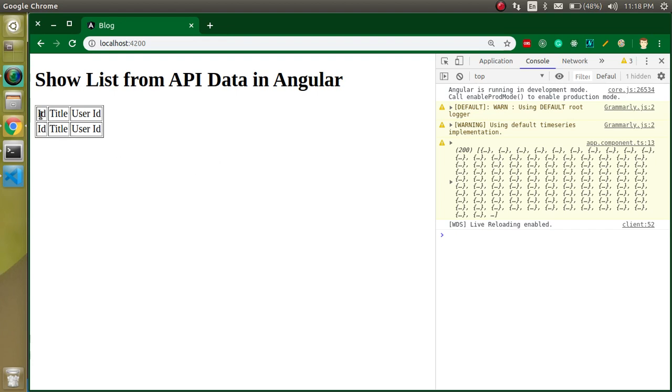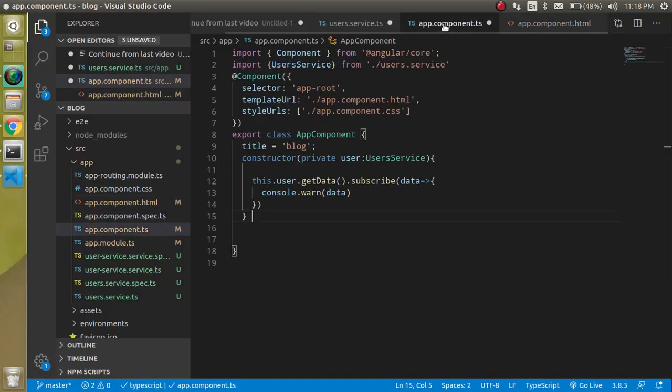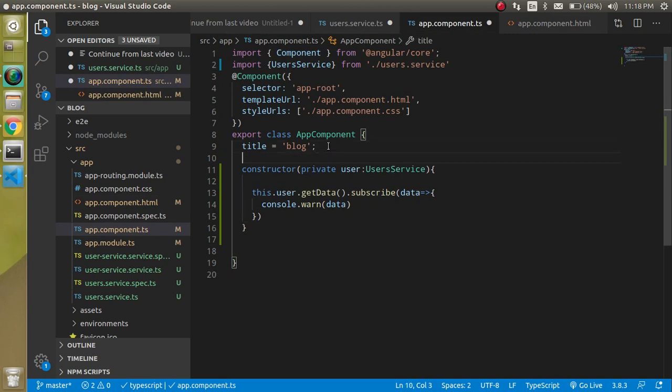So here you can see that we have one heading row, and I will use the for loop on that other row, so that we can render and iterate it for the 200 data items. How? Let's see. But before that, let's go to the app.component.ts file and take a property like data, and this data has a blank array for the moment.